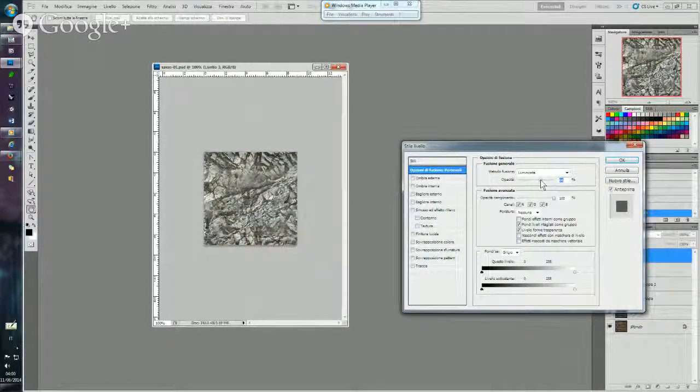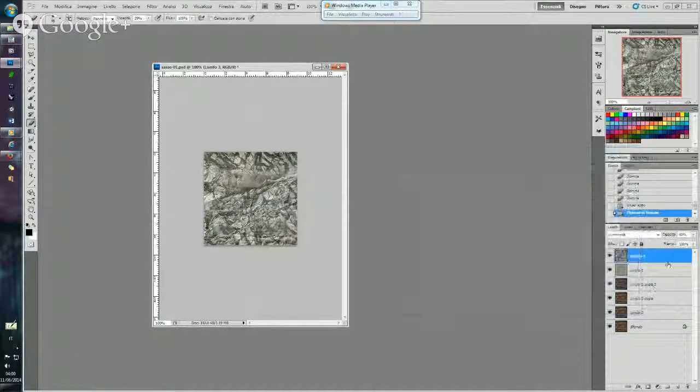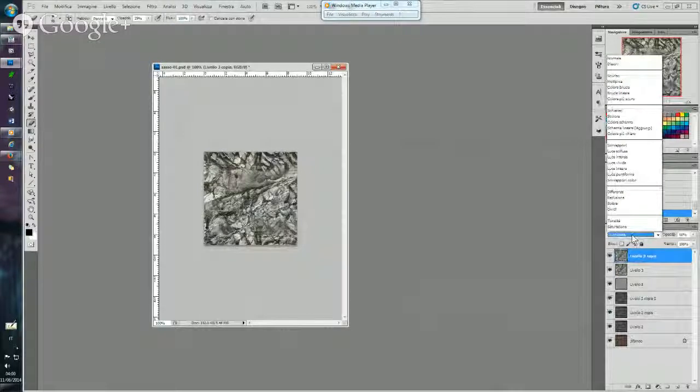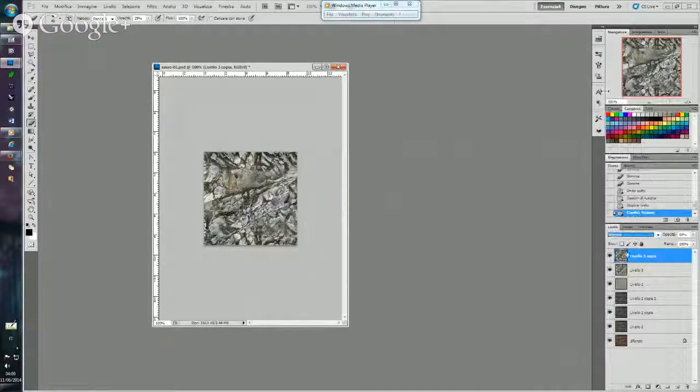But for example, in this way, I duplicate this one. I choose the normal. Okay. So I think this rock texture could be fine, but I want it to be a bit more